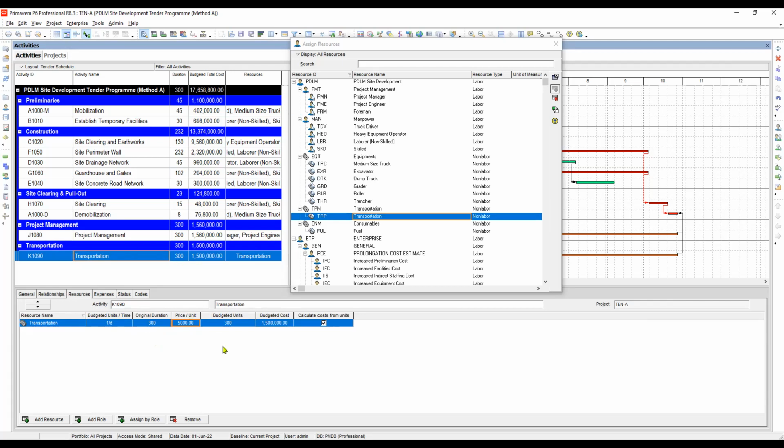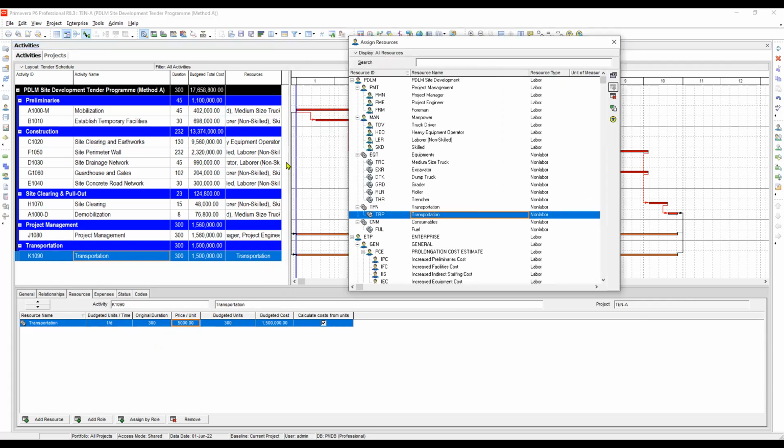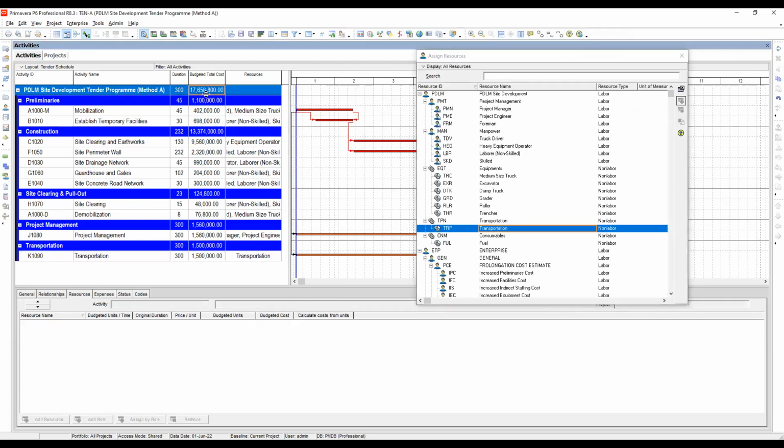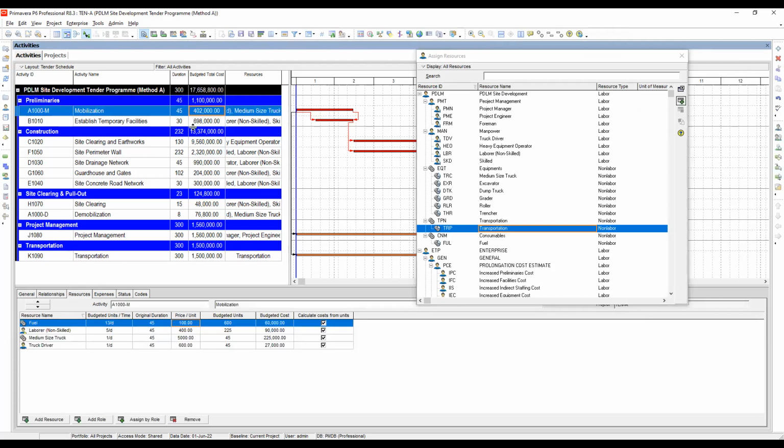So let's see if we are accurate on our data input, so our total cost will be accurate as well. Okay, let's look here. So we can see here it is 17,658,800. So take note,